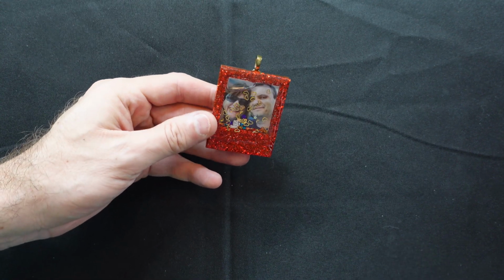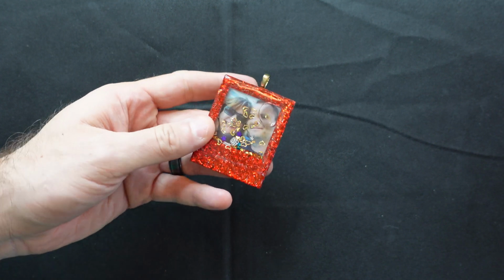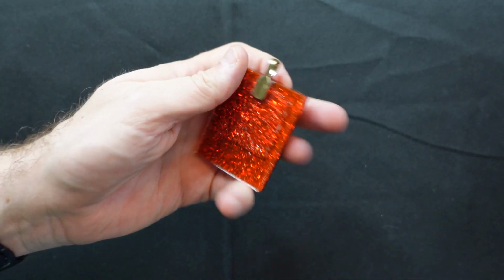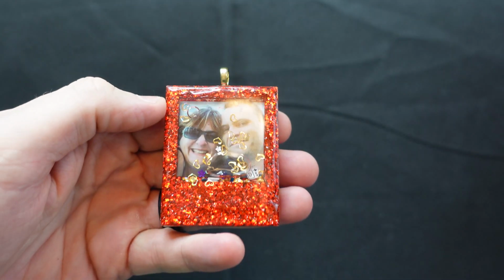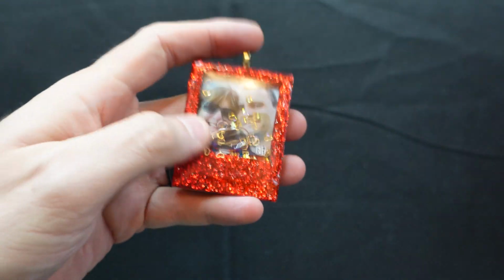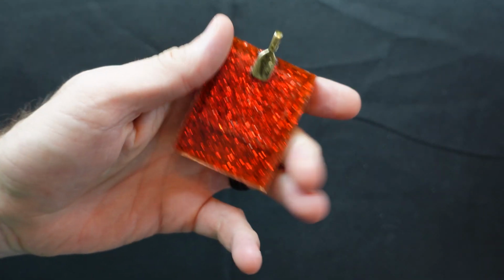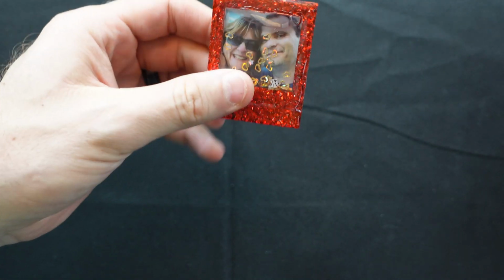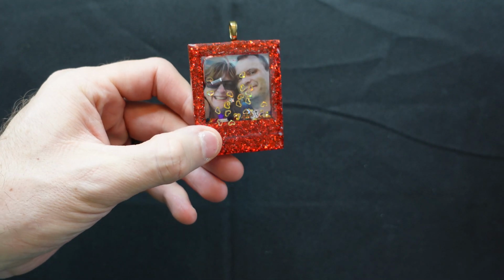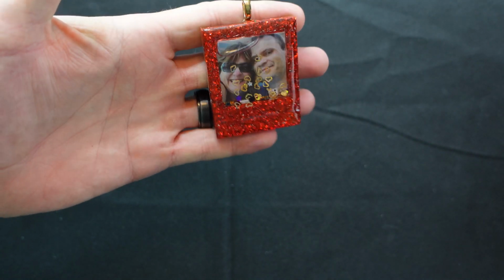And now we're back a couple of days later, and my wife has actually used her little Canon Ivy printout to create this very cute little resin shaker. And you can see the picture that we had used from behind. And lots of little goodies floating around, and then she sets the resin. I don't know. She's a crafter. This is what she does. And there you go. So there is a great little use of the Canon Ivy printer to make these little portraits or make a little